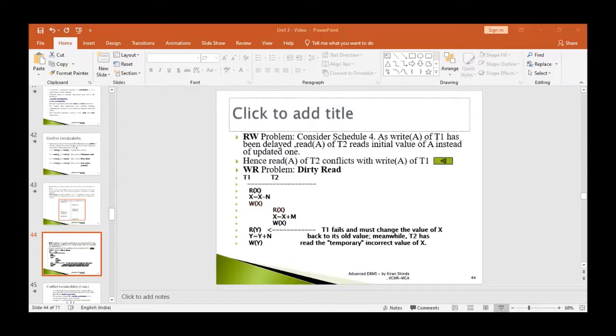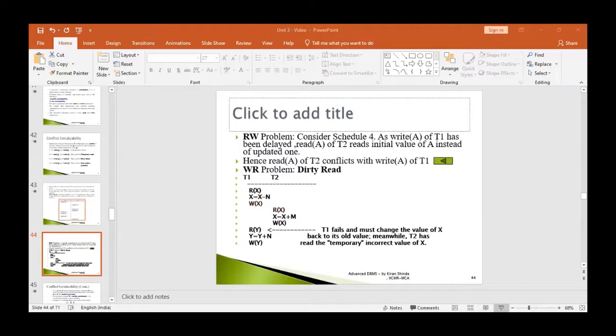What will be the first decision in drawing the precedence graph? You need to decide how many vertices will be required. Every vertex represents a transaction, so here, since there are 3 transactions, we require 3 vertices. I have drawn 3 vertices here: T1, T2, and T3. Now let's start solving this problem to understand whether this schedule is conflict equivalent to a serial schedule or not.